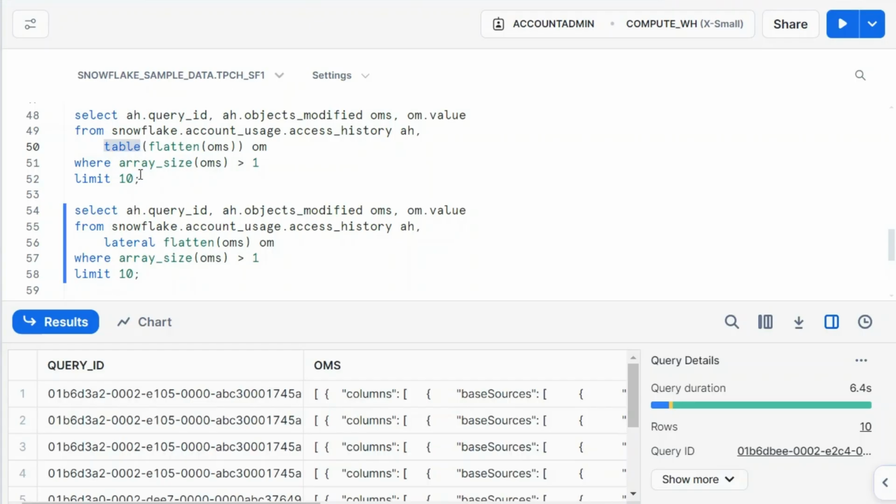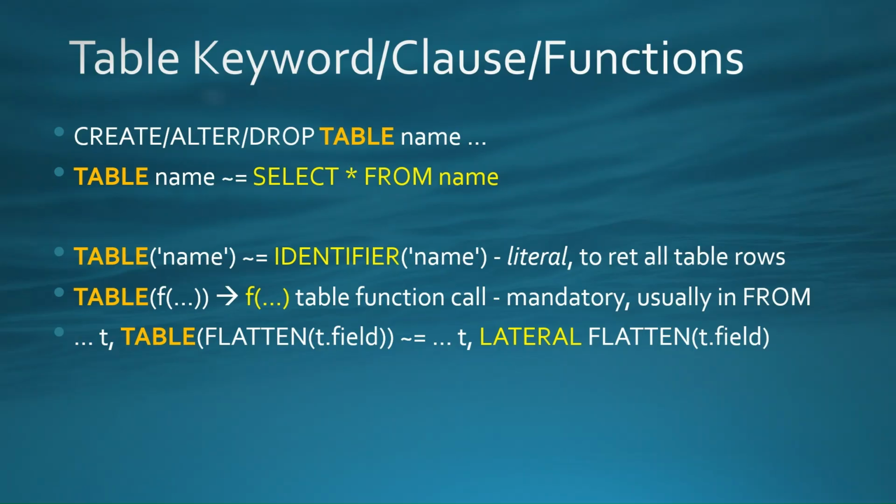Table is a function. You pass flatten OMS within parentheses. You don't do the same for lateral. But just remember this because it's important. You'll see a lot of use cases where people use either lateral flatten or table flatten. Both expressions are equivalent. I hope this helps you clarify the different usage of table in Snowflake,